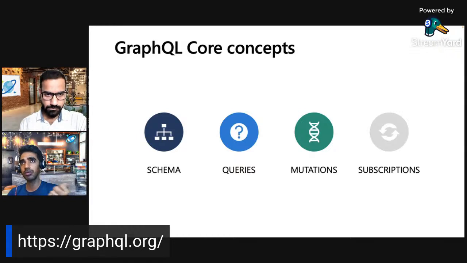If you have to talk about fundamental concepts, these are the fundamental concepts, and there are many more concepts such as resolvers, which I will not dive into here because those resolvers are automatically generated through Data API Builder. So schema is one of them. Schema is all about the data that you want to deal with through the GraphQL endpoint. Then queries are something similar to GET operations in the REST world. And then mutations are something like POST and PUT operations in the REST world. So the changes that you make to the data are called mutations, and the fetch operations that you do on the data are called queries. And then finally, we have subscriptions.